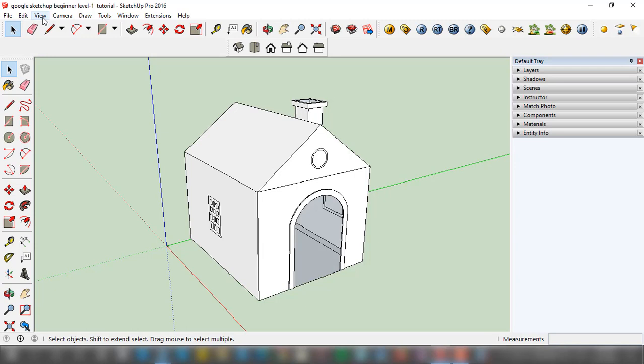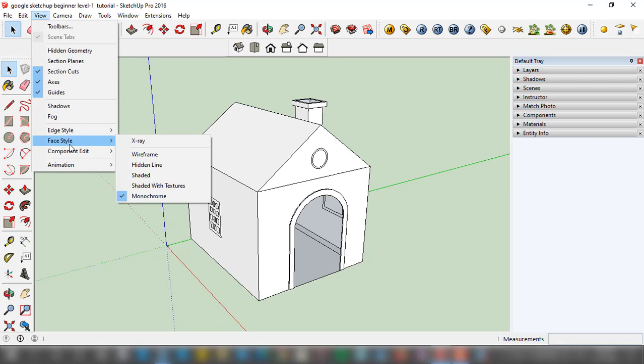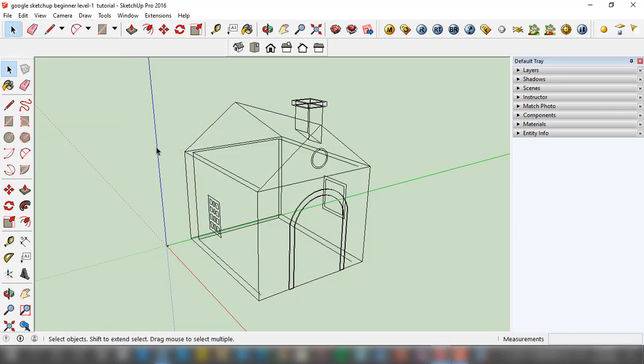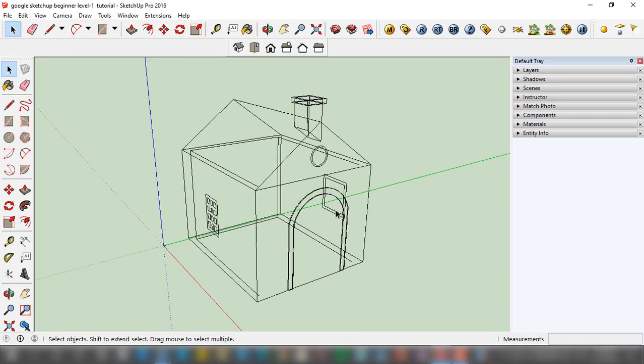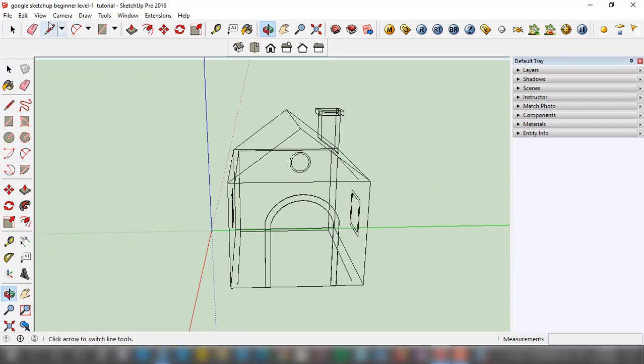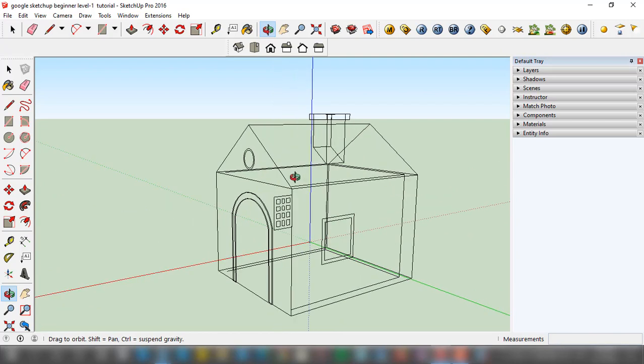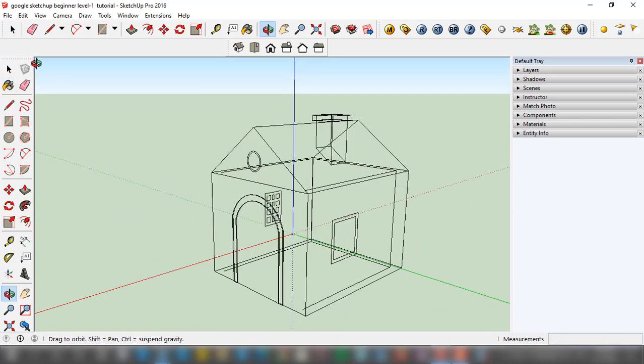If I repeat that process, left click on View, scroll down and put my cursor on Face Style, the small list pops up again, and I turn on the Wireframe mode. In wireframe mode we can see through the walls, which are completely transparent, and all the wires are visible, like the wire of the chimney from bottom to top, as well as the wires of the wall, door, and window.